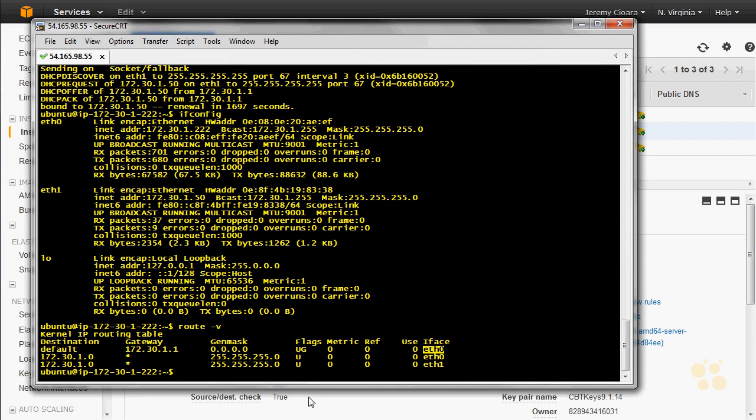Now I'm in the Ubuntu world. This is one method. You can use multiple methods of doing this. I'm going to use the one that I think is the best. I'm going to do a sudo ip route add default. So I'm adding a default route via 172.30.1.50 device ETH1